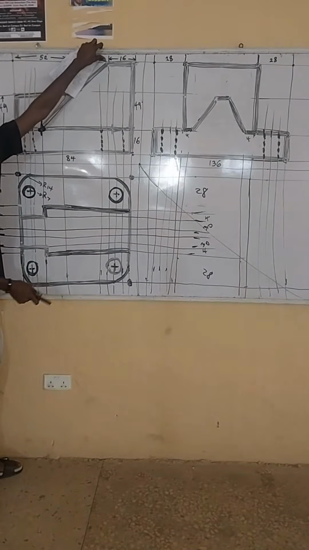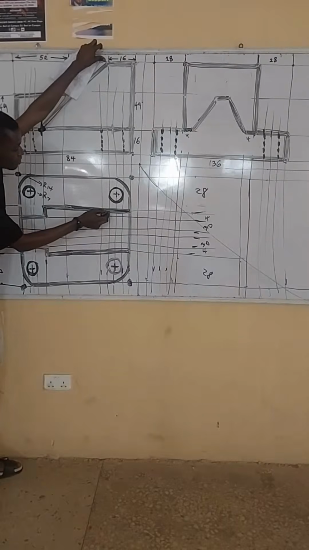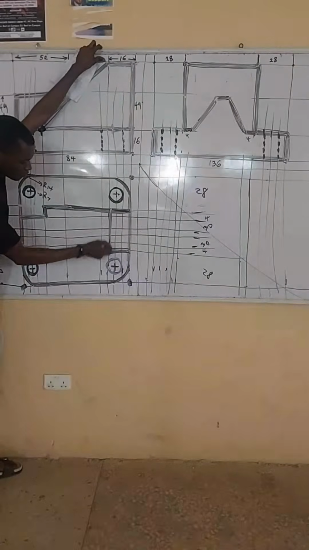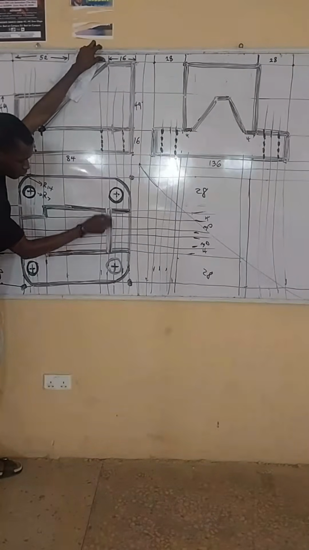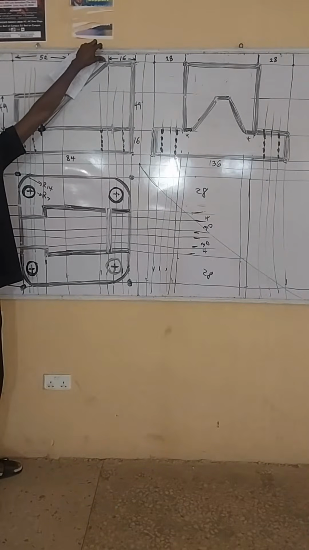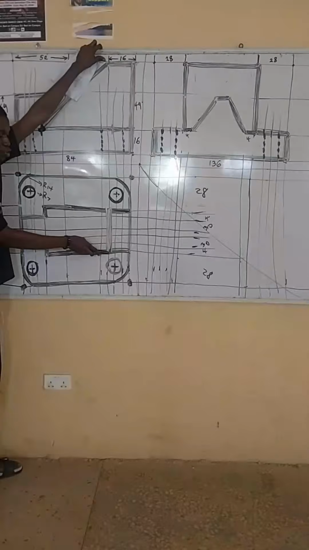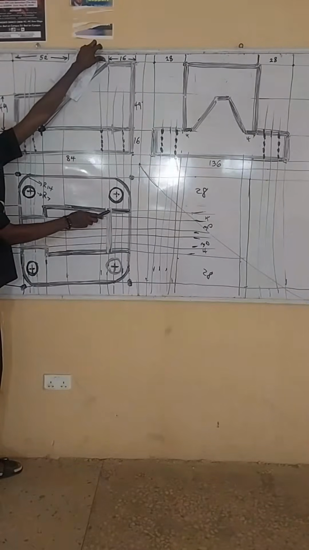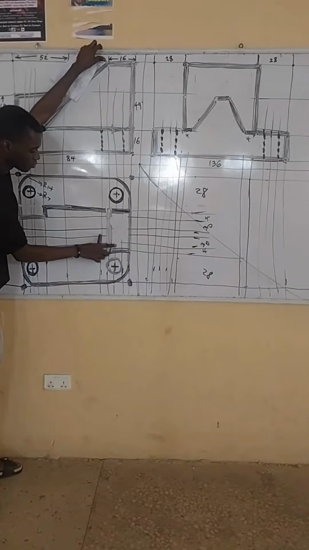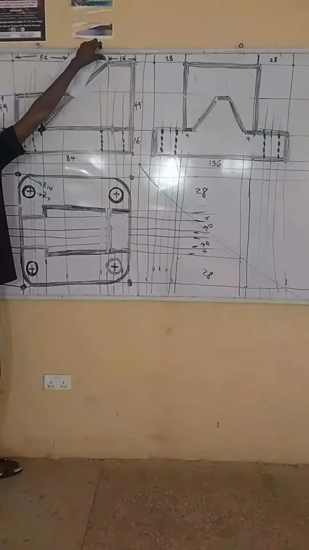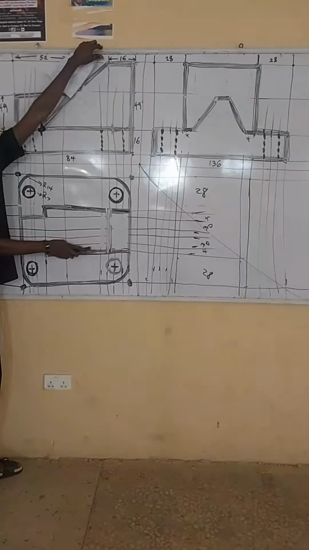Now, where this line of 1.6 comes down, in between this place, this is here, or like my own, this is in between here, there will be a thick line. That's from the line of this 1.6. This line of 1.6, where it meets this place here, in between, will be thick line. Where it meets in between here, the thick line. So that's the only thick line that we have here at this part. We have that from this point of 1.6, where it's meeting in between here, is thick line. Next,